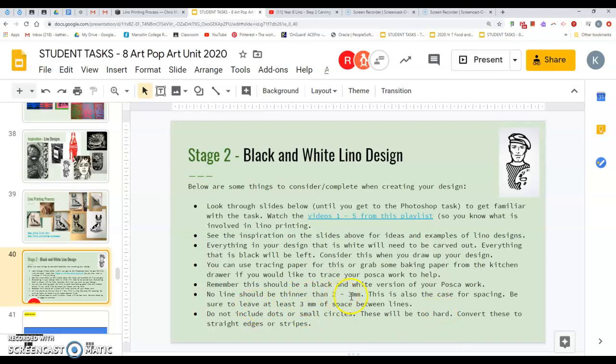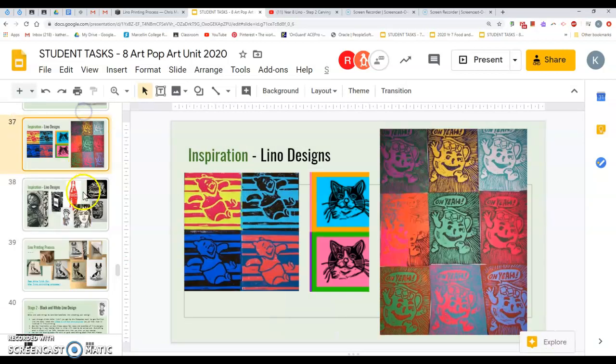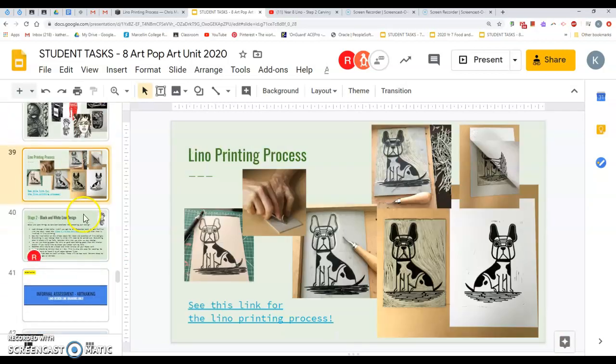No lines should be thinner than 2 to 3 millimeters. This is also the case for spacing. Be sure to leave about 3 millimeters of space between lines. Otherwise, it won't work. Do not include dots or small circles. As I said, these will be too hard. Convert these to straight edges or stripes. So you can be thinking about how you could best convert your Posca drawing into what you need to do for a lino. And that's when you can think about what you can achieve with a lino. Lastly,